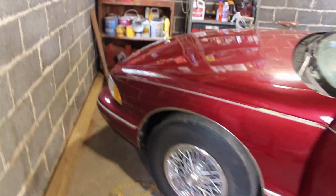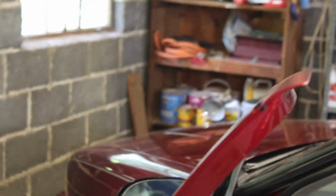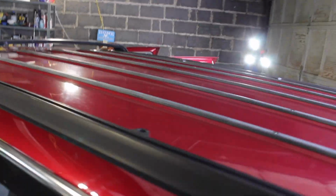Yeah, very cool car. I like the wire wheels. It's the classic, so it has the wire wheels and a lot of nice features. The hood emblem up there. So yeah, I'm gonna finish up here with these windows, and then I just have to do a quick single